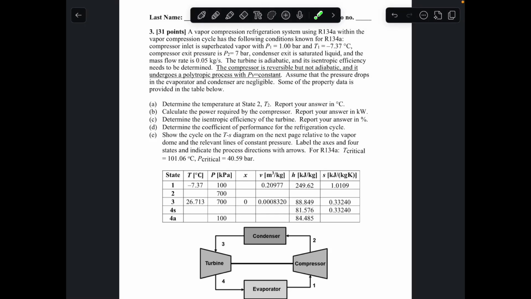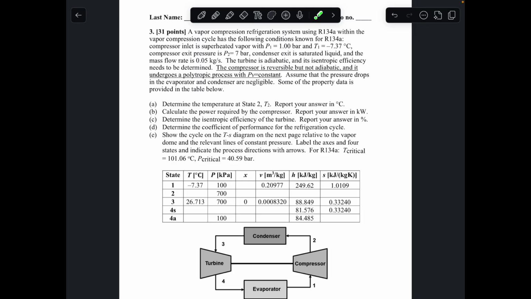All right, let's get into number 3 now. So this is another multi-part problem. So we'll start as always by talking about the system and the problem statement and setting up the assumptions before we jump into each of the solutions. So starting with the problem statement, it says a vapor compression refrigeration system using R134A within the vapor compression cycle